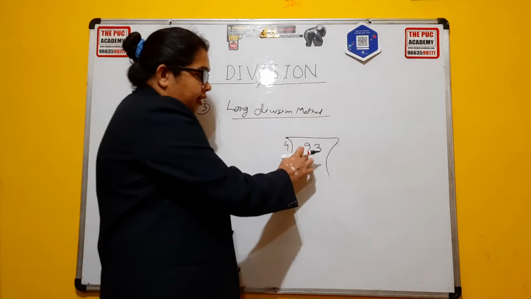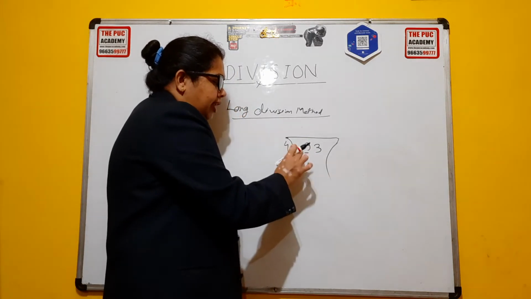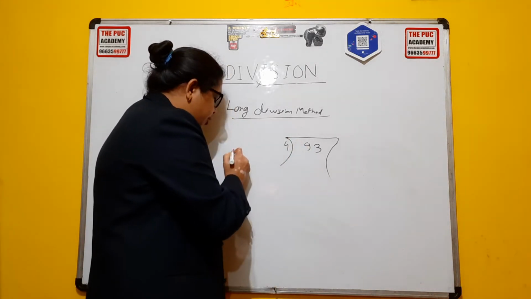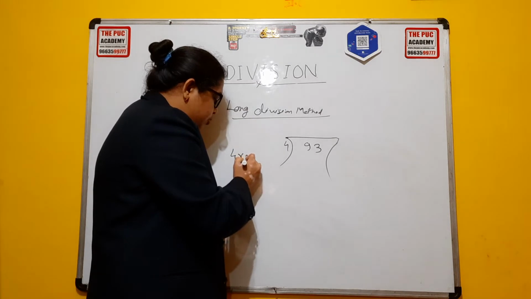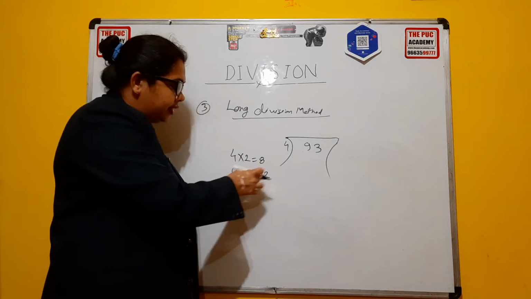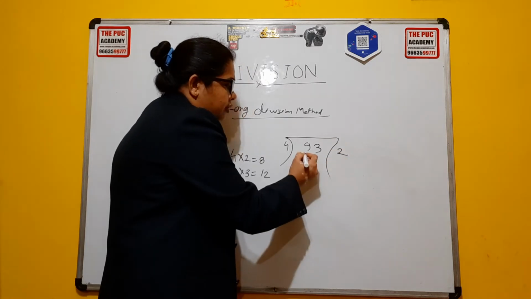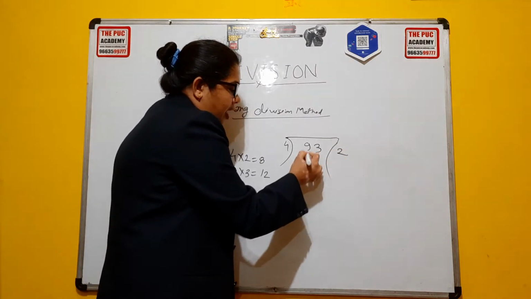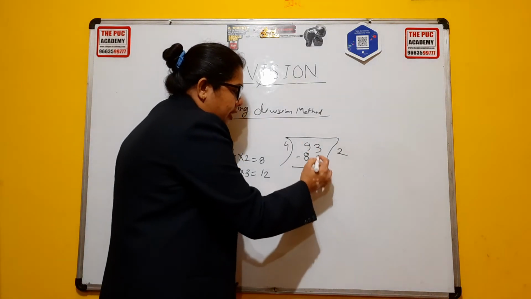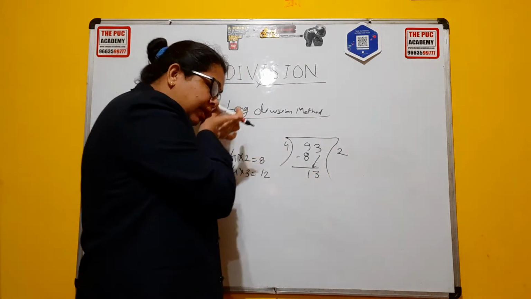So 9, we start dividing from the left. As I have told you, first we have to divide 9 because 9 is bigger than 4, so it will be divisible. So you see here, 4 1 ja 4, 4 2 ja 8, and 4 into 3 is 12. We will not take 12 because it is a bigger number than 9. We'll take 4 2 ja is 8. Now subtract it. So 9 minus 8 is 1. And in this case, we'll take down this 3 here.